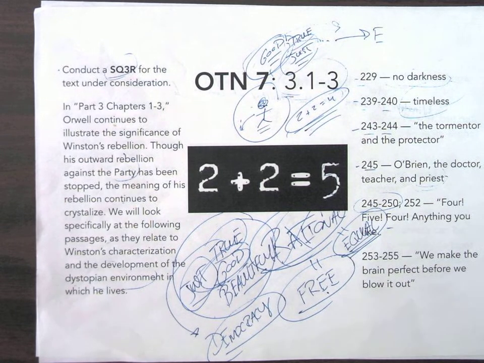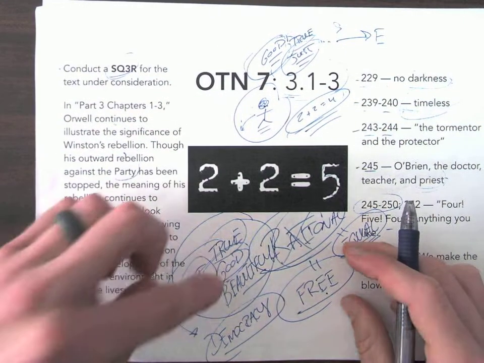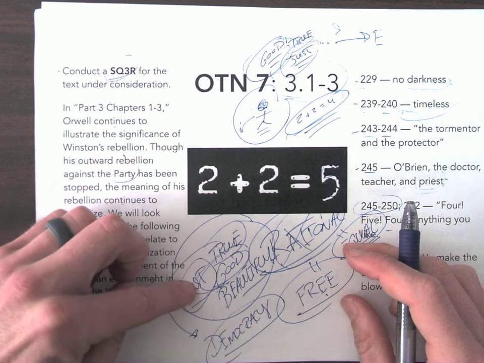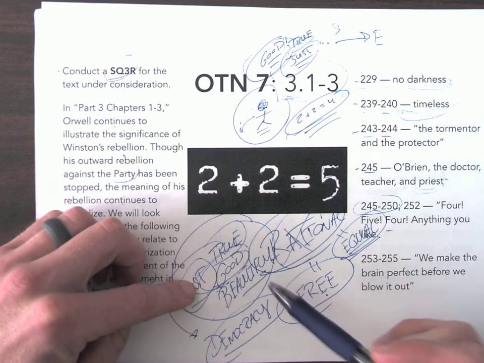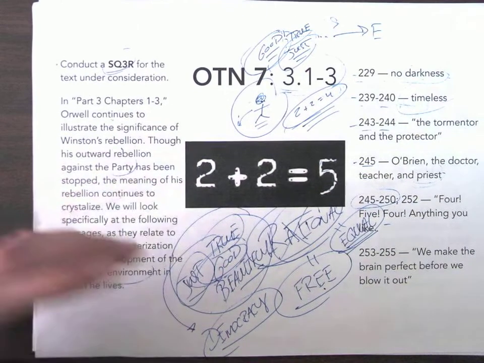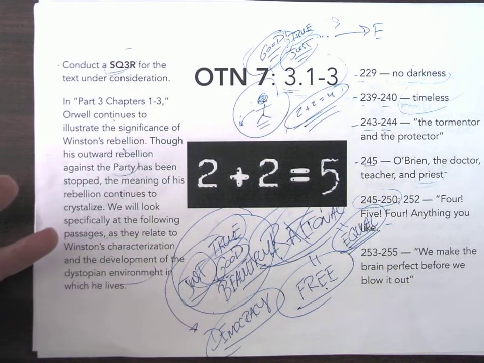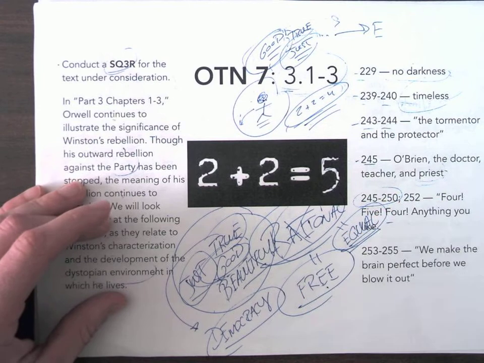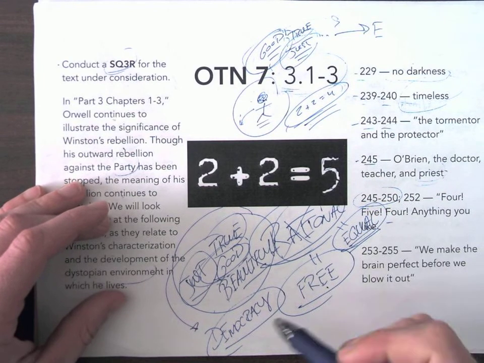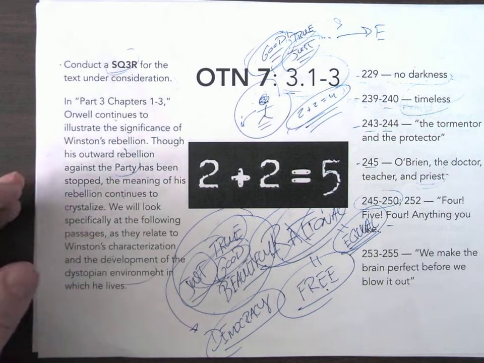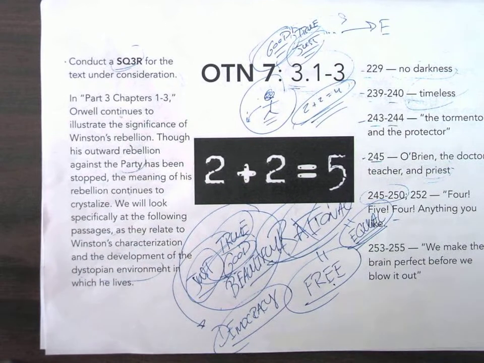Because the party is in control of reality. They are in control of what is true, what is good, what is beautiful, and what is just. And anyone who defies their understanding of these things ceases to exist. Therefore, they're in control of them, right? Therefore, you cannot trust your own senses, right? Because sanity is controlled by the party. Okay, O'Brien must convince Winston of this irrational idea using his own rationality.